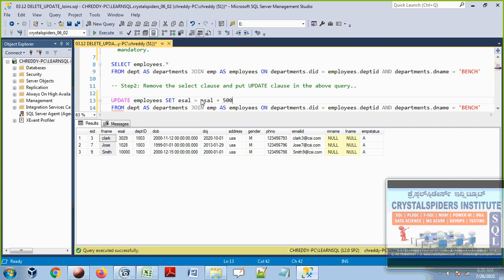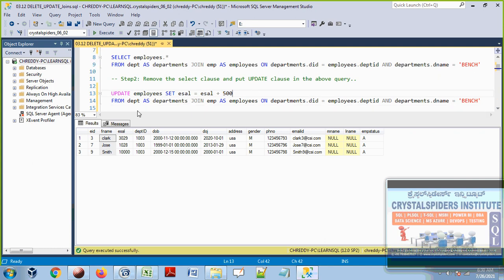Take the current salary, add 500 rupees and update that salary into eSal. That's it, guys. This is the query. So if I execute this one, it is going to update the employees who are from this. Very simple, guys. This from clause is giving 3 records. As per the processing order, first the from clause will come and these 3 records will be given to this update statement.